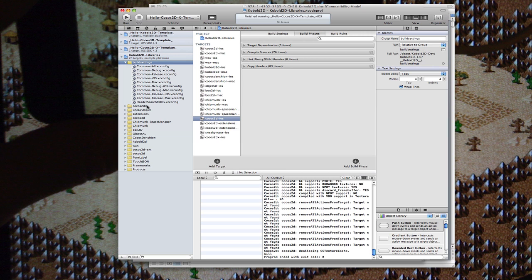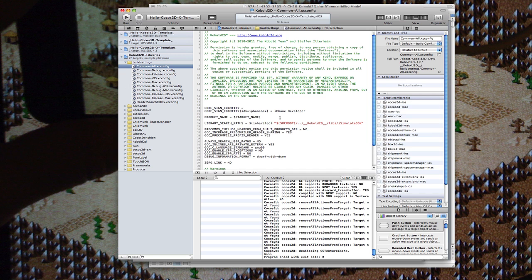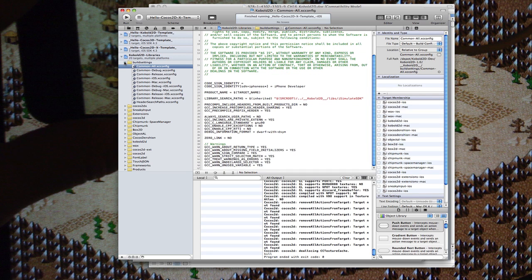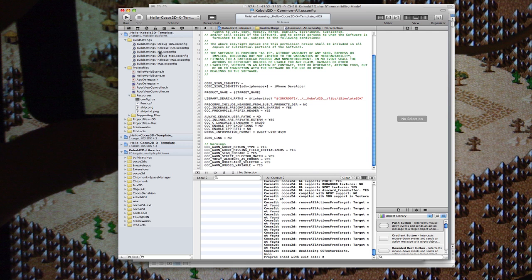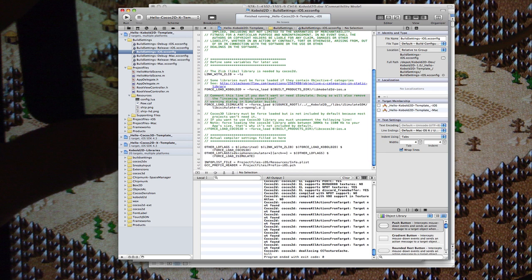Now you also have build settings, which essentially bring all those libraries together to a common standard. Those are managed by Kobold2D. You don't have to worry about this that much, but each project comes with its own build settings, because there are some project level settings that you have to or might need to modify. In this case, some libraries need to be force loaded into the executable to avoid runtime errors, and you also get